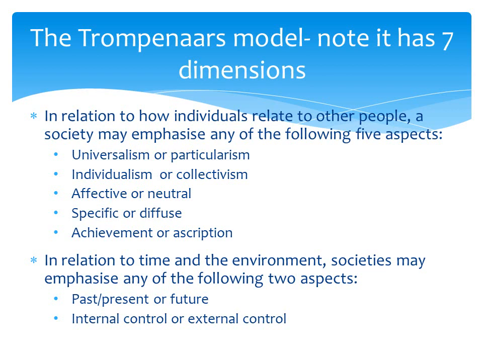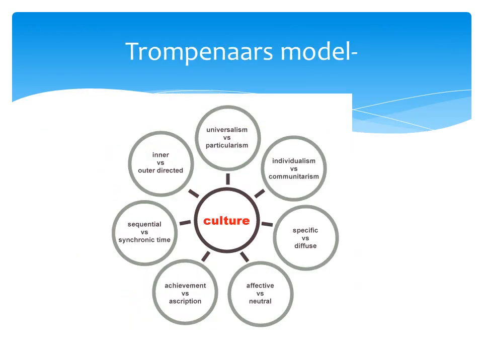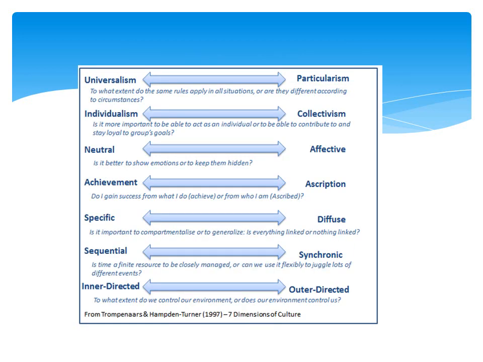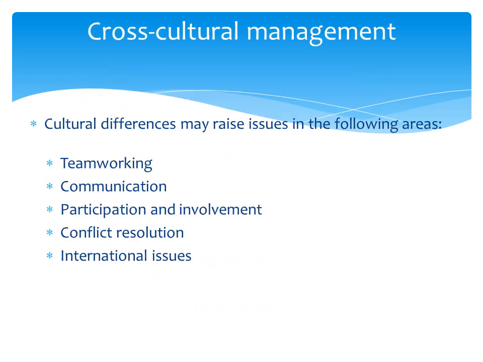There is another model here which I don't want to dwell on from Trompenaars, which has got 7 dimensions, and you really don't need to learn that. You do need to learn Hofstede's, but Trompenaars is another model of international culture. And they're the particular elements of Trompenaars. And again, I'll go past Trompenaars because I'm going to be very certain for you that you don't learn that.